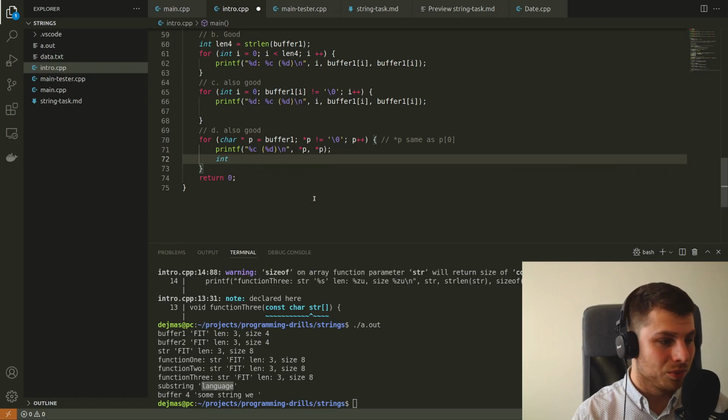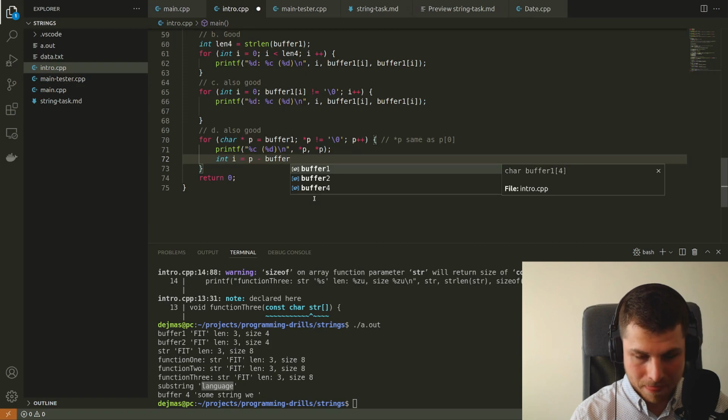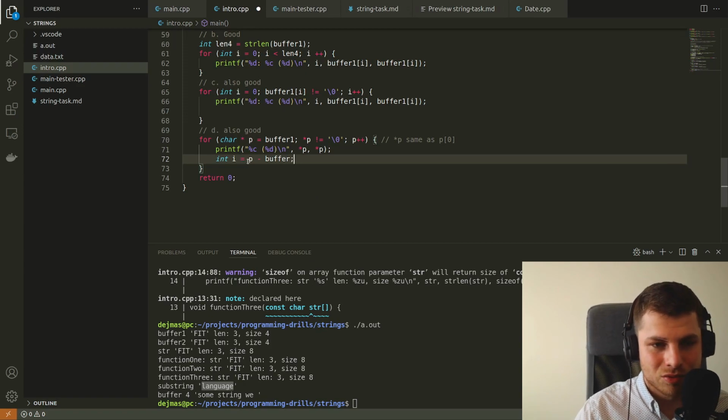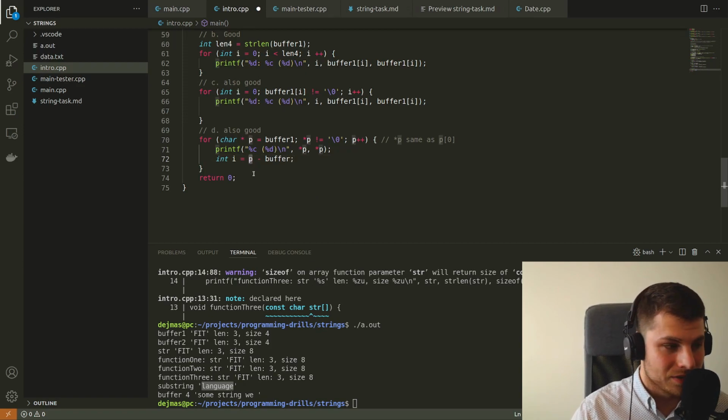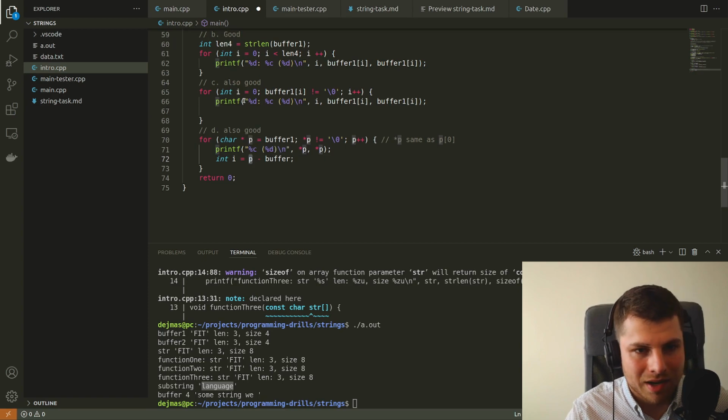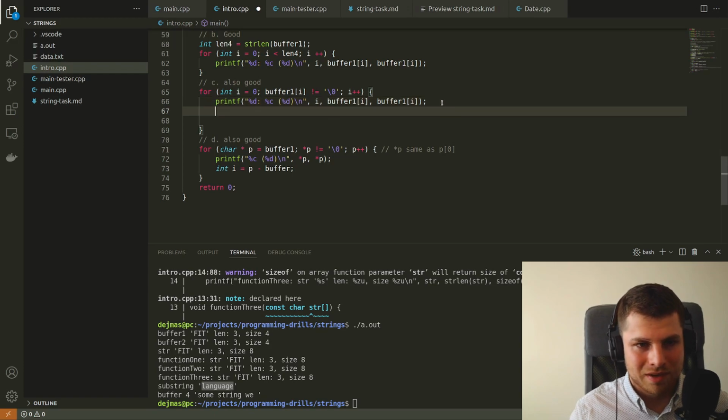We can use pointer arithmetic. So it will be p minus buffer. So we can subtract addresses. This is the address which is i forward, right? Because here, if I want to compute p, it would be like this. p is here buffer plus i,